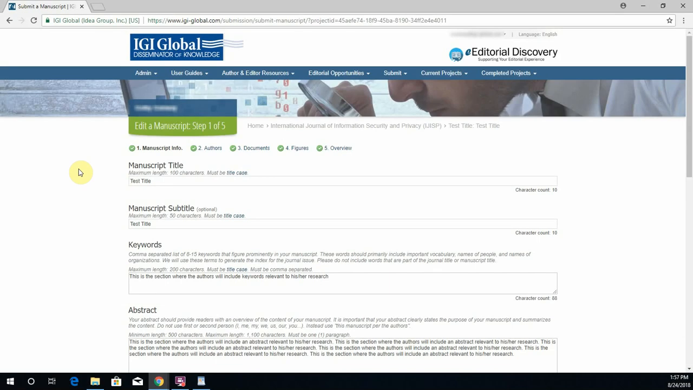Submitting a manuscript to a journal is a 5-step process. The first step is the manuscript info. On this page, you will put your manuscript title, the subtitle if your manuscript has one, a minimum of 4